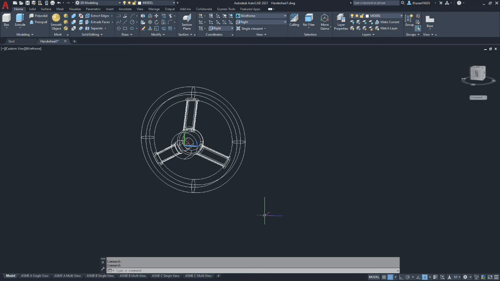Okay, so we're going to go to World Coordinate System, and we're going to use the section plane tool. We're going to select the orthographic option, and we're going to select the right hand side view as our plane.